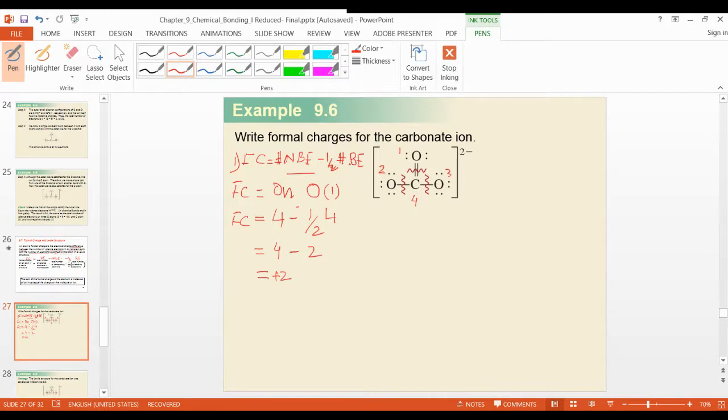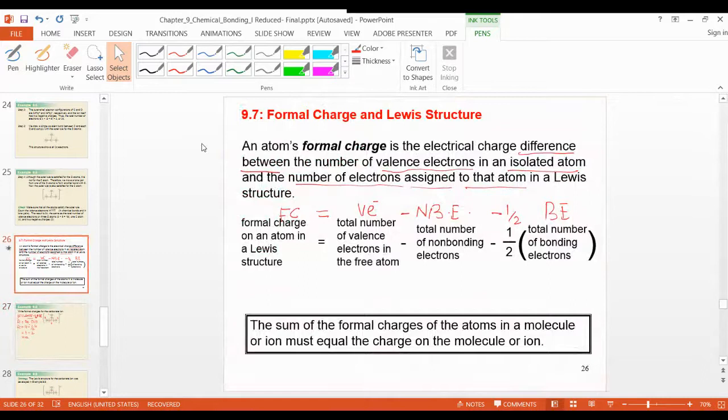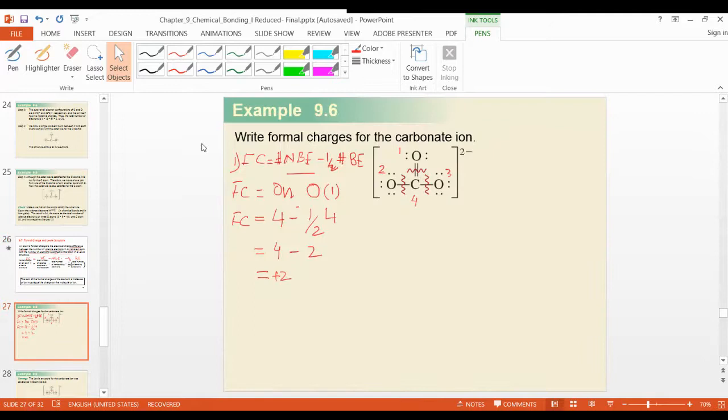Doctor, can you go to slide 26? Previous slide. Where do you want to go? 26, previous. Yes. Oh, yeah. Guys, I'm missing something here, right? See, I was correct at the time. First time I was correct.